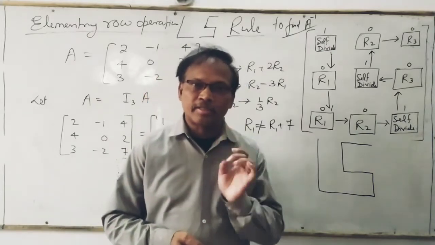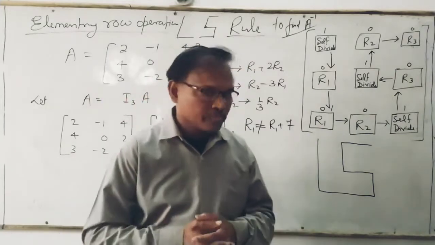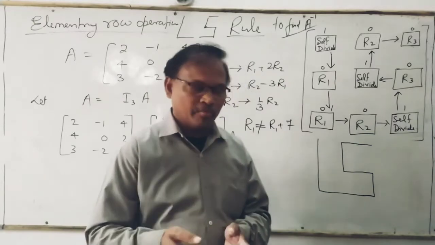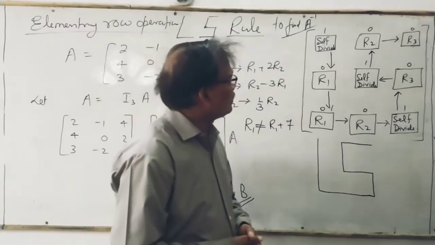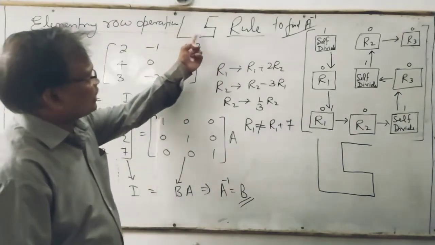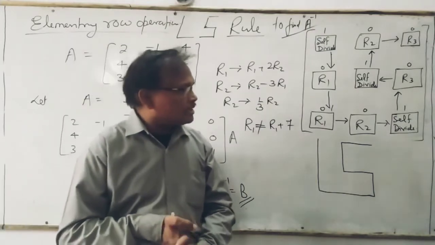Otherwise, you will not get the marks in the ISC board examination or anywhere. So if the method is mentioned, you have to do it by using the same method. Here you have to use the elementary row operation L5 rule to find the A inverse. Before that,